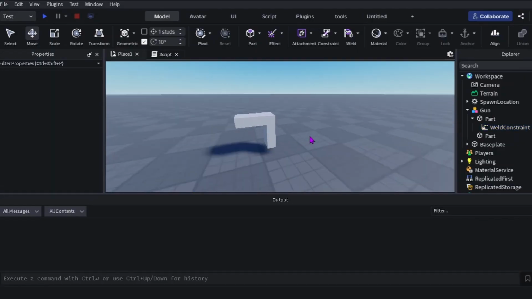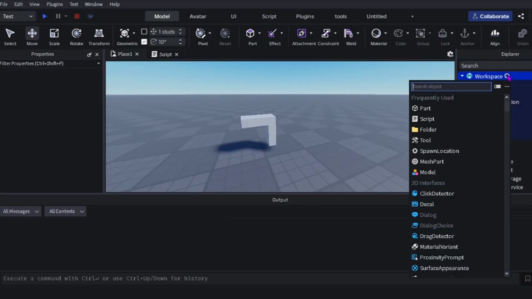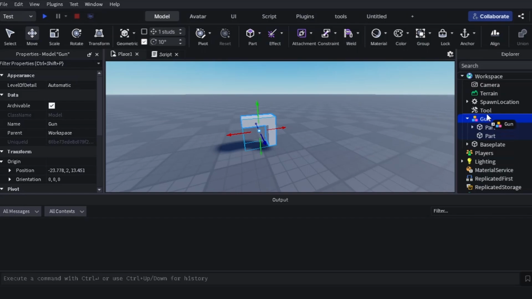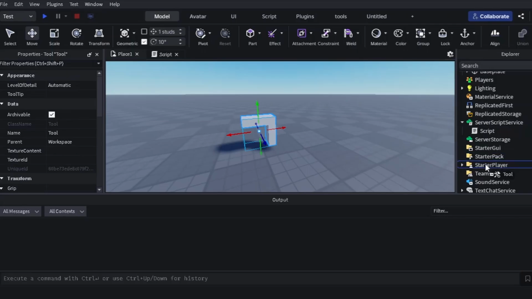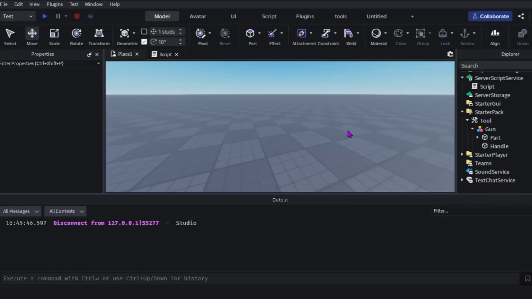In order to make this a gun, or make the player hold this tool, I'll be inserting an instance called a tool, and I'll be dragging this model into this tool. That's basically it. And in order for the tool to work, I need to place this tool inside of the StarterPack. Okay, and if I were to run this,